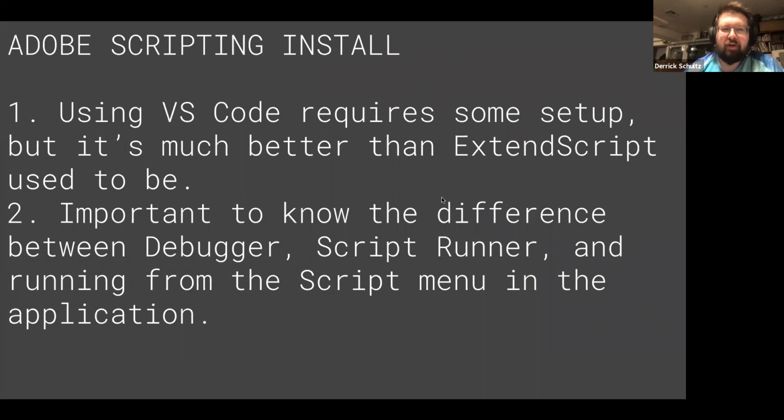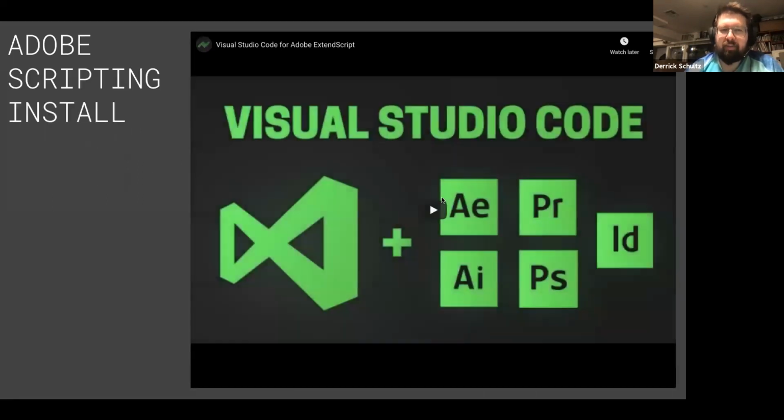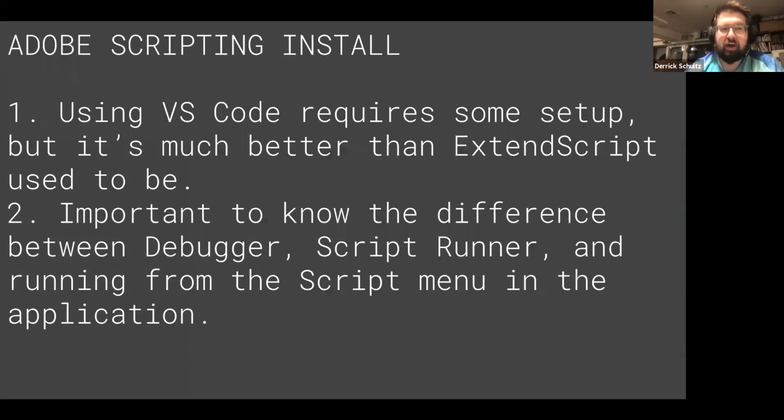So the steps to install this, I linked to a video in our Slack channel that walks you through some of the steps, but this one's actually better. I found this other video that has much better steps. If you want to watch this, I would definitely recommend watching it to get everything installed. They lead you through the process of getting everything set up, which is pretty annoying.